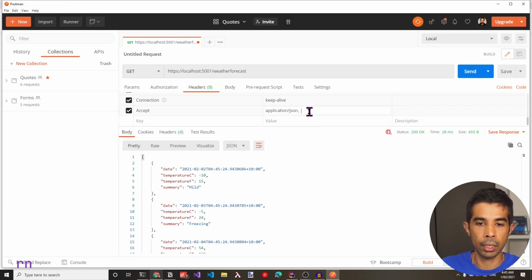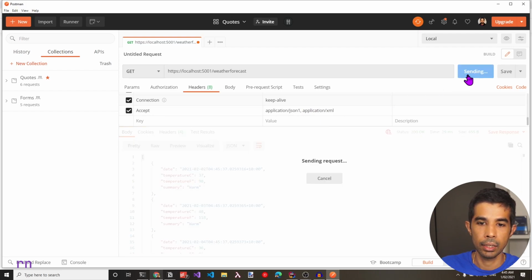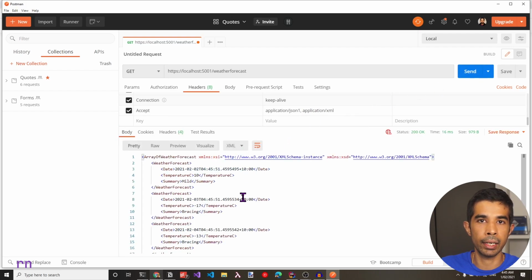If you want to specify multiple types, you can do that as well, by passing in a comma separated value. So let's use application/XML as the second one. In this case, the precedence goes from left to right. So whichever is getting matched up first, that's going to get returned. In this case, this is JSON. Let's say if we pass in a typo and pass in JSON1 and then XML next, this is now going to return the XML data because there is no formatter for JSON1. With the default ASP.NET Core implementation, if we pass in a formatter that does not exist at all, it is going to choose the default formatter.